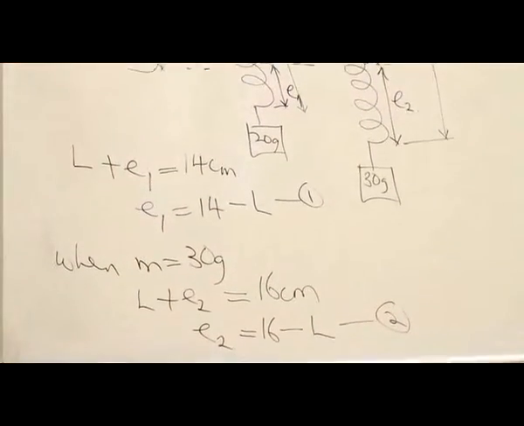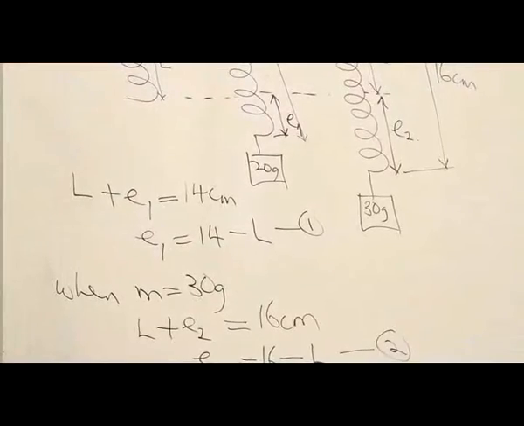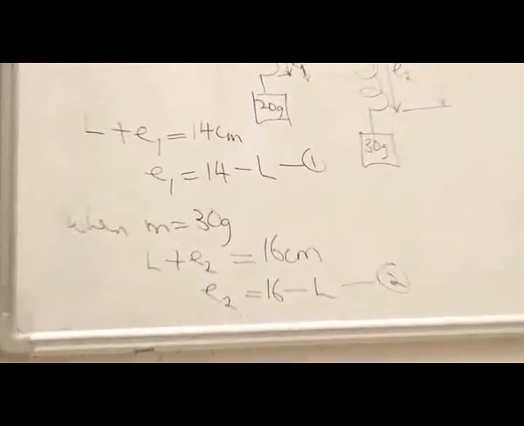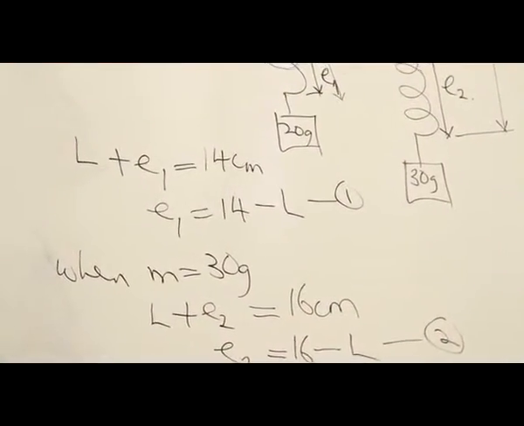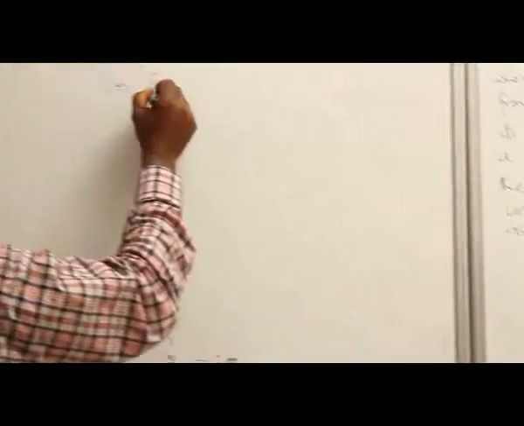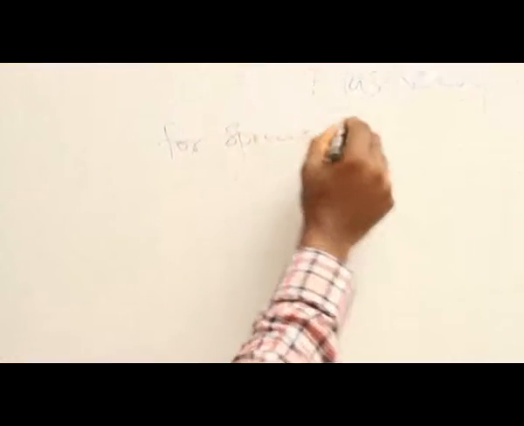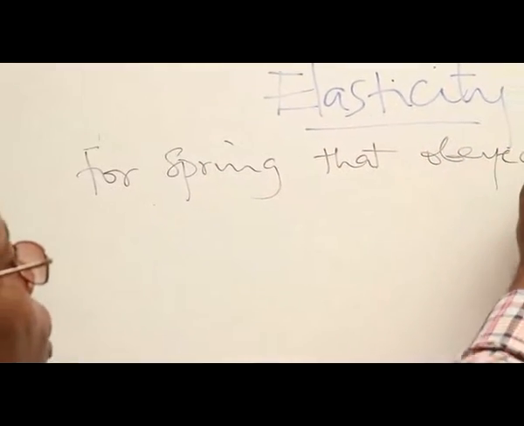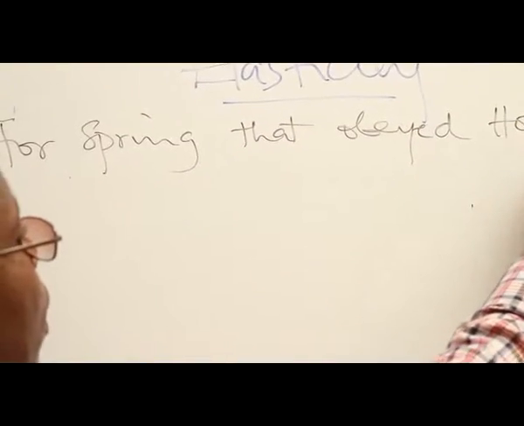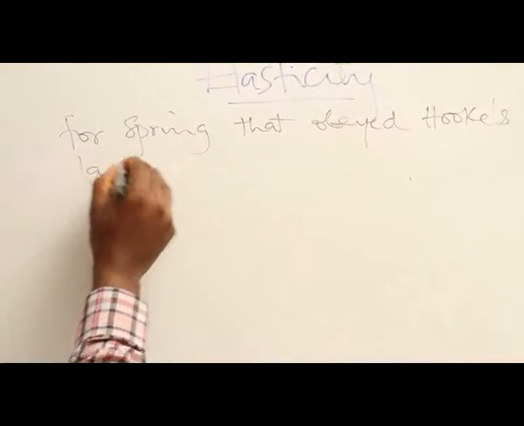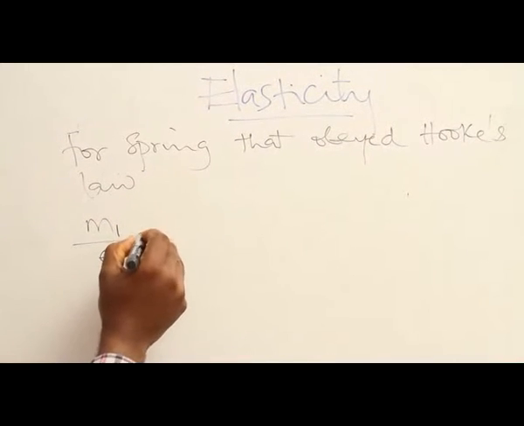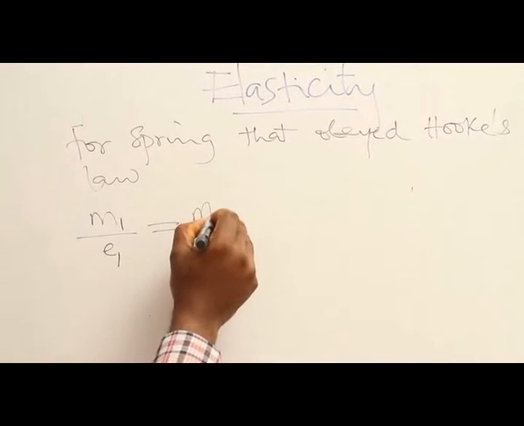Now, since we are told that the spring obeyed Hooke's law of elasticity, we have what we call Hooke's law equation. For a spring that obeyed Hooke's law, we have that the mass M1 over the extension E1 equals the mass M2 over